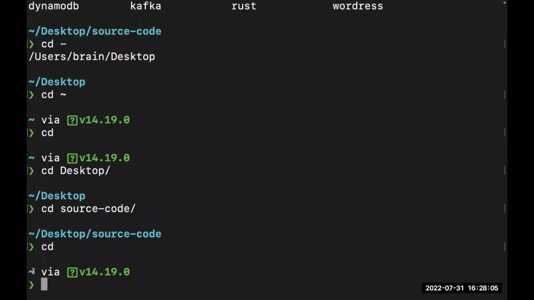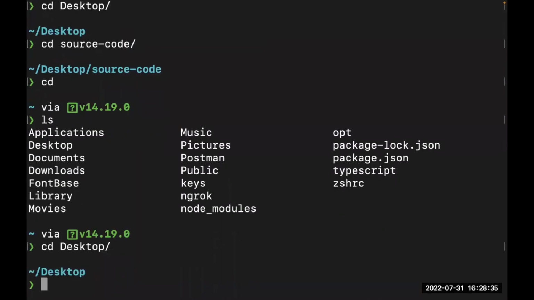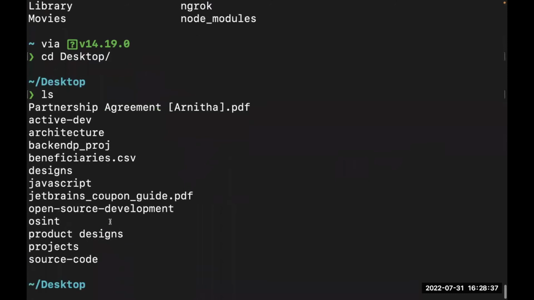So someone is asking, how do you navigate to a folder with a name like this? Okay, yeah. Because of the space, you can actually use the backward or forward slash depending on the operating system. I think working with PowerShell, you might be using the forward slash. If we're working with a Unix machine, you might be using the backward slash. But I'll show you an example now. Let's quickly resolve that. I'm going to move down to my desktop, and I believe I have a folder with a space. Okay, so as you can see, I have product design.